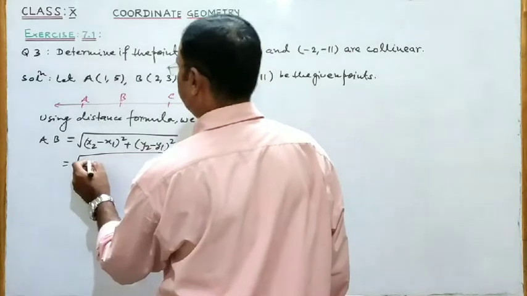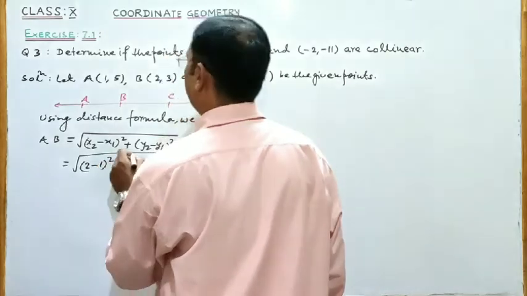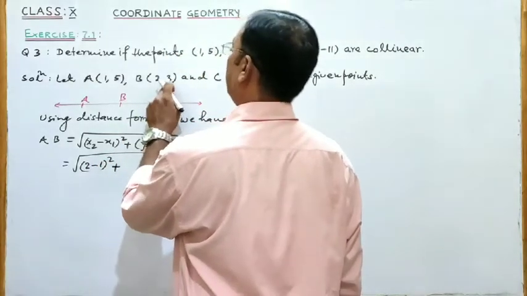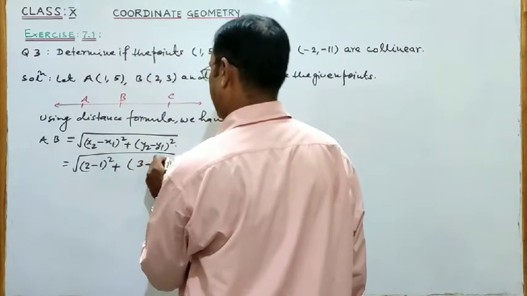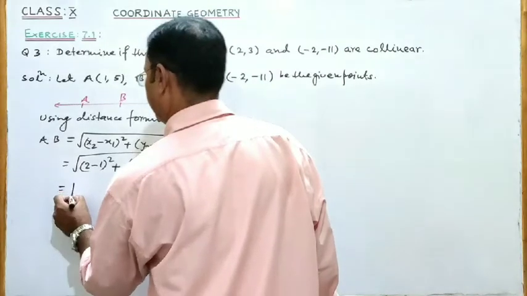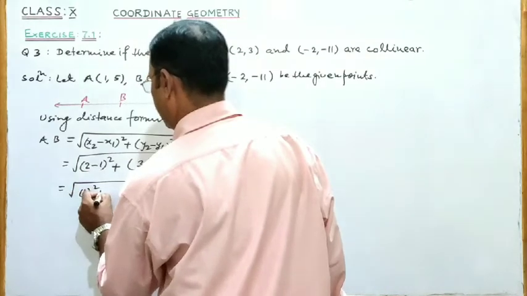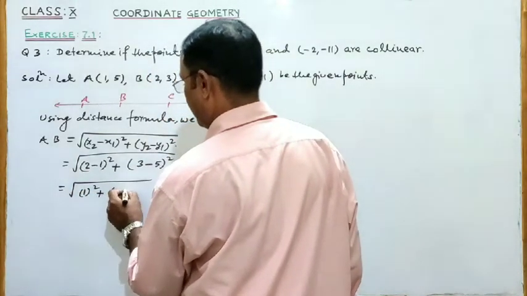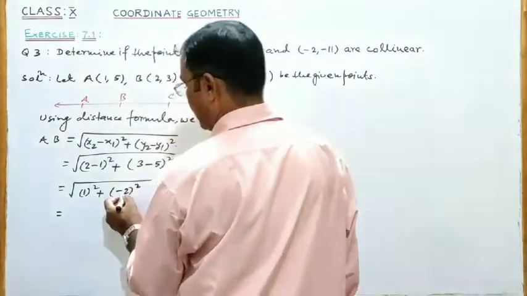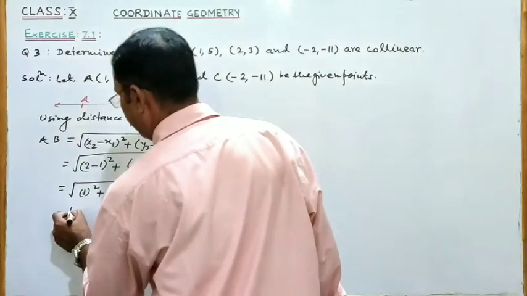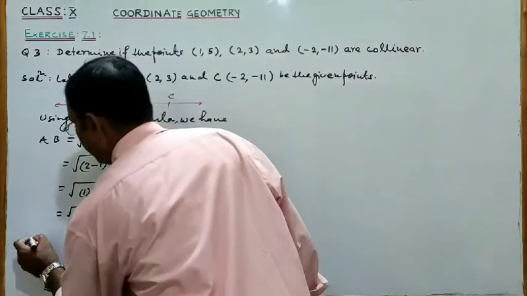So under root (2 minus 1) whole square plus (3 minus 5) whole square. This is equal to (2 minus 1) whole square, 1 square, plus (3 minus 5) which is minus 2 square. 1 square is 1, plus minus 2 square is 4, 4 plus 1 is 5, under root 5 units. Then we shall find BC